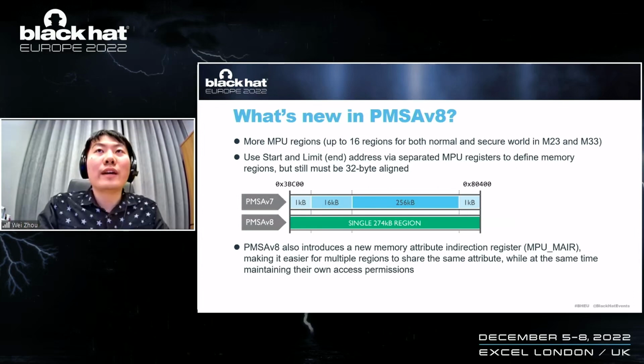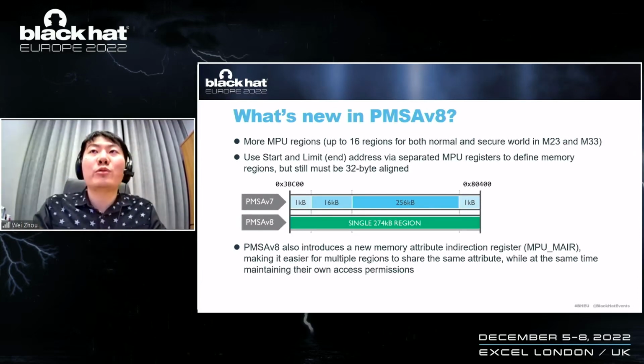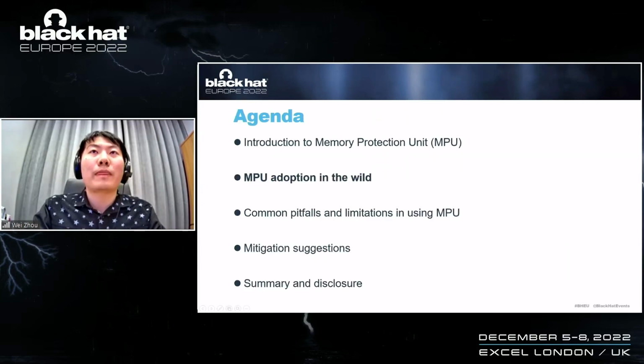In the ARMv8 architecture, programming becomes a little more flexible, and the number of MPU ranges is increased up to 16. It also uses separate start and limit addresses to define the address space for a memory range. It also introduces a new memory attribute indirection register to share the same memory attributes across different memory ranges with different access permissions. So it seems the MPU should be useful, but let's look at how real-world OSes use the MPU